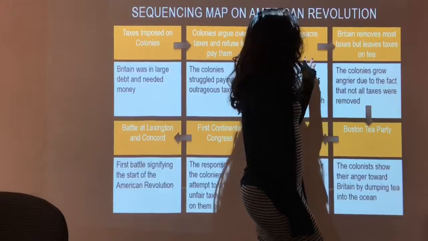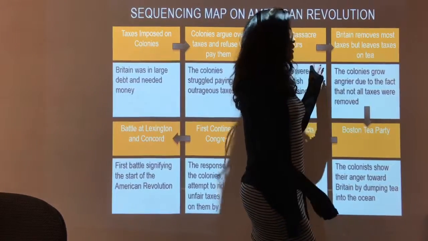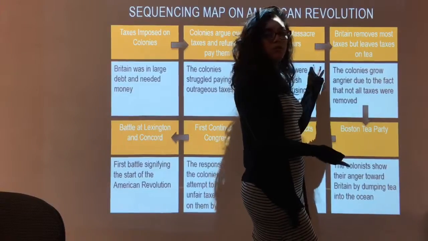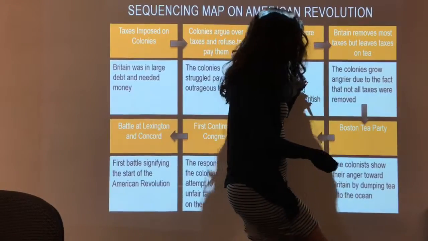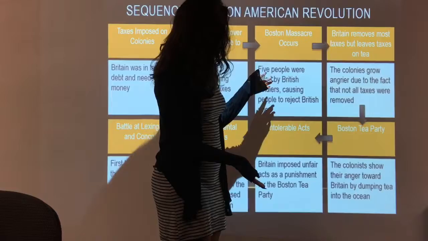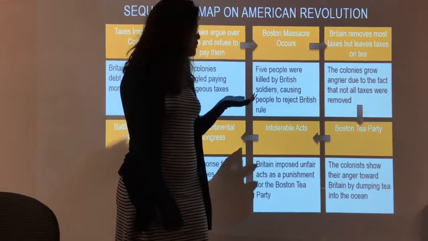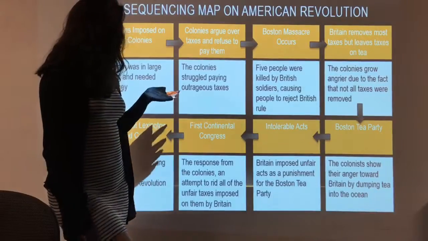Afterwards, Britain removed most taxes but left the tax on tea. This caused the colonies to grow angrier because not all the taxes were removed and they used tea daily. Next, the Boston Tea Party occurred because the colonists wanted to show their anger toward Britain by dumping the tea in the ocean. Afterwards, the Intolerable Acts